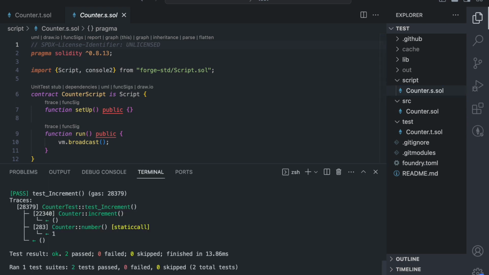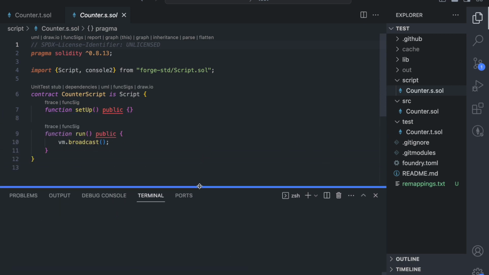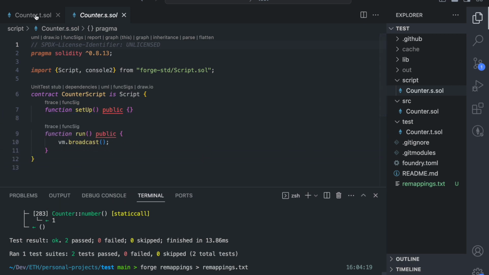I guess we can briefly touch on remappings. I can't remember the file name. Okay, that is how you do it. All right, so remappings is another way to shorten your imports. So essentially, if you needed to import,